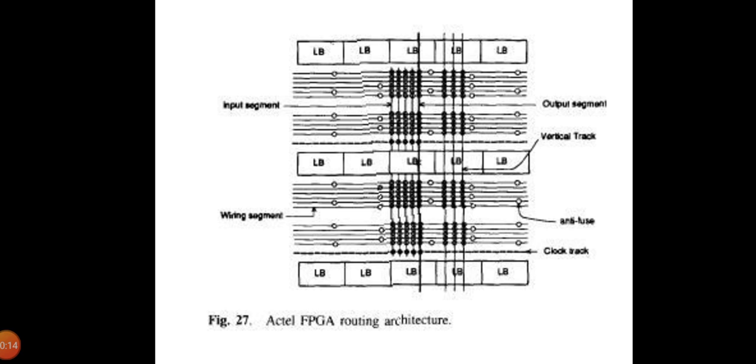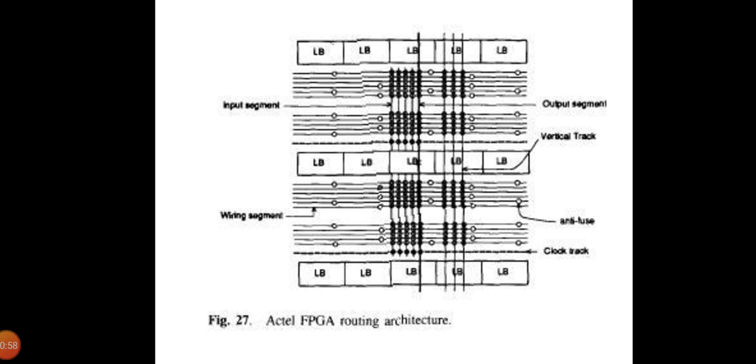The single logic module output connects to a vertical track that extends across the 2 channels above the module and across the 2 channels below the module. This is called the output stub. Thus, the module outputs use 4 vertical tracks per module, counting 2 tracks from the modules below and 2 tracks from the modules above each channel. One vertical track per column is a long vertical track, LVT, that spans the entire height of the chip. The 1020 contains some segmented LVTs. There are thus a total of 13 vertical tracks per column in the Act 1 architecture.